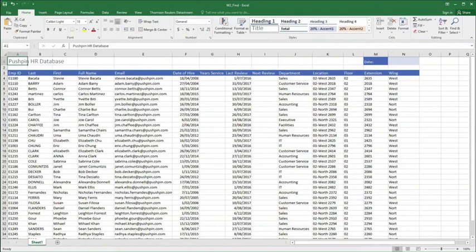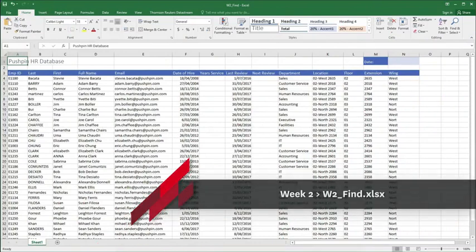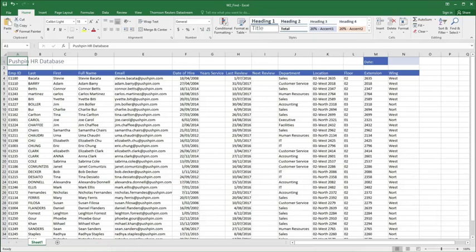In the previous video, we saw how to split strings using left, right, and mid. These functions work very well as long as the data follows a set pattern. But not all data is that clean and simple. In this video, we will look at solving more complex problems by combining functions and learning how to use the